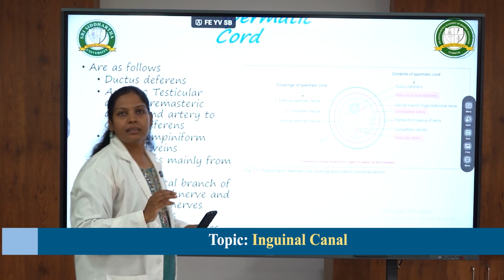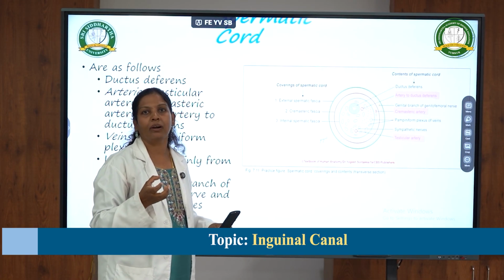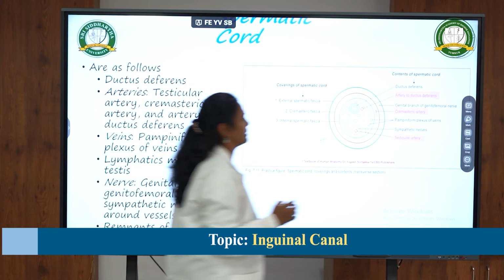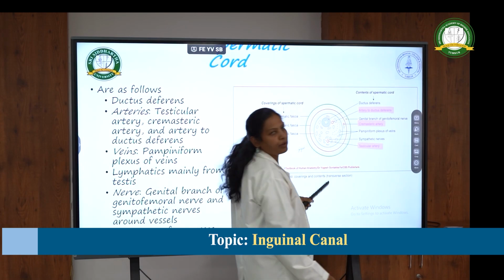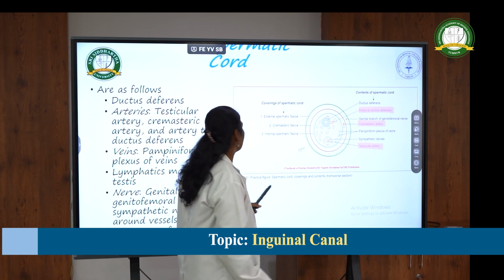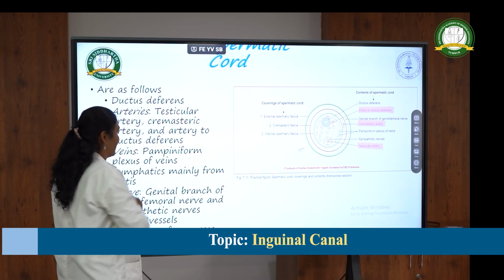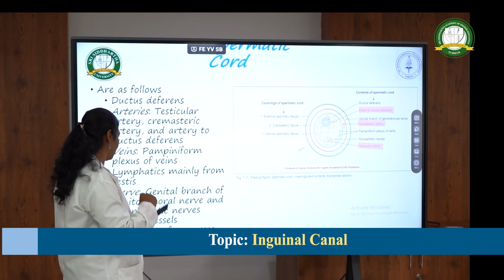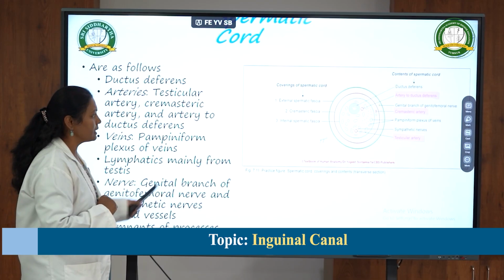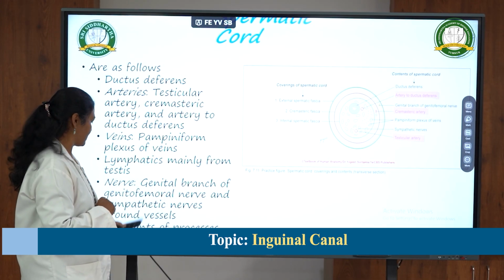So apart from this, it's also carrying the veins of the testis. So the veins of the testis are called as the pampiniform plexus of veins. They even form the content of the spermatic cord. Then we also have got nerves. What are the nerves? Genital branch of genitofemoral nerve, okay, and sympathetic nerves surrounding the vessels. Okay, so these also form the content of spermatic cord, and even the lymphatics coming from the testis, and also